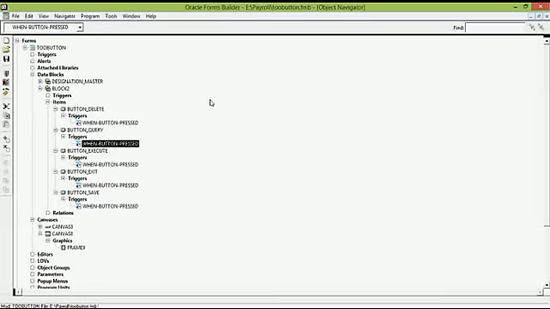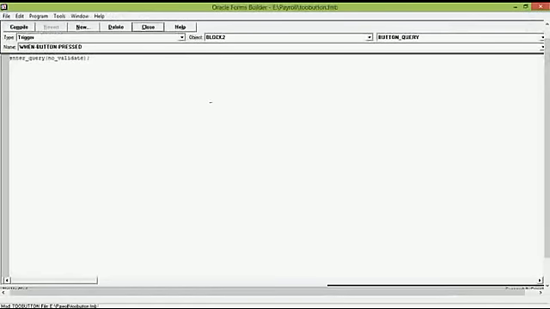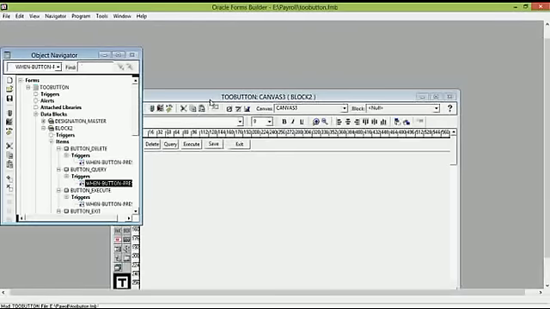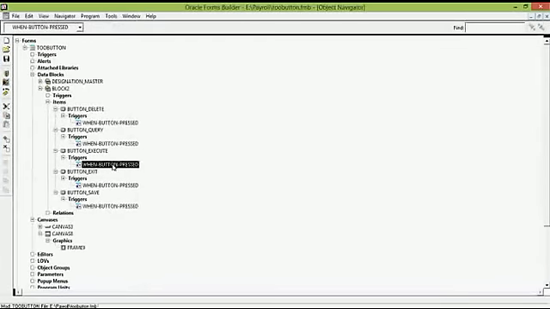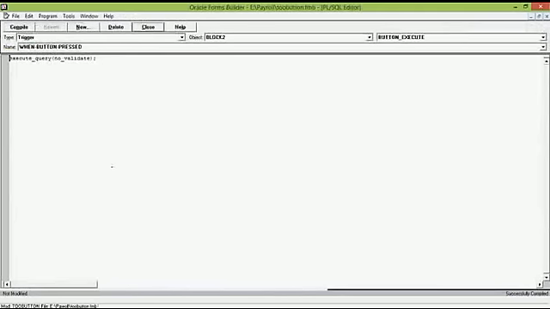Same we have to do on the rest. It is taking a lot of time, so you should copy it and paste it on the other triggers.